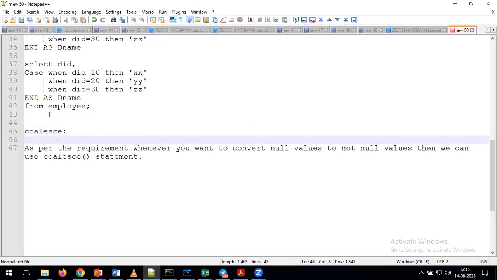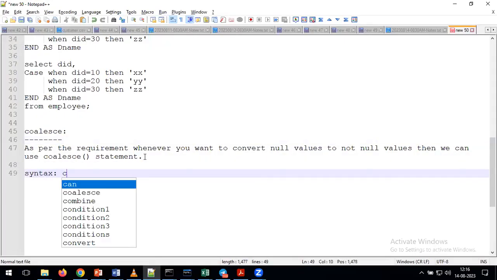So when do we need to go for the coalesce statement? Whenever you want to convert null values to not null values, we can use the keyword called coalesce. With the help of the coalesce keyword, we can convert null values to not null values. Okay. Now here, if you want to see the syntax, it's a very simple syntax, and we can give it as